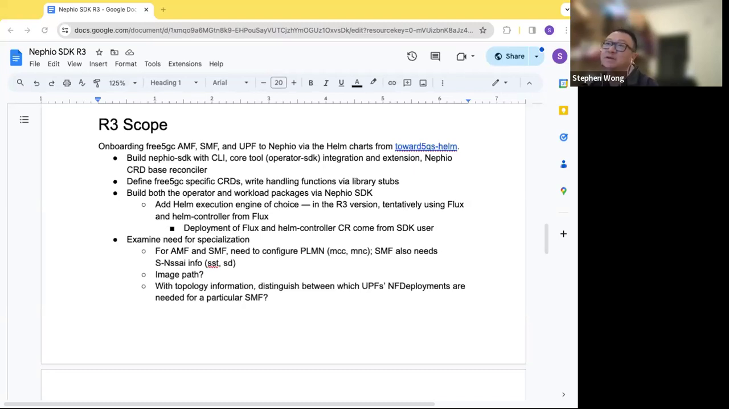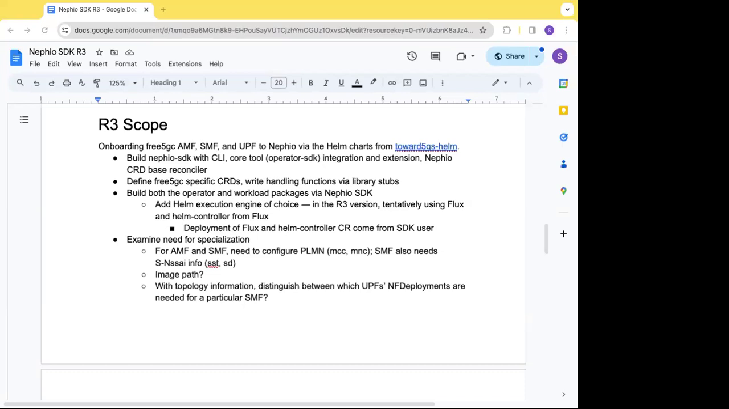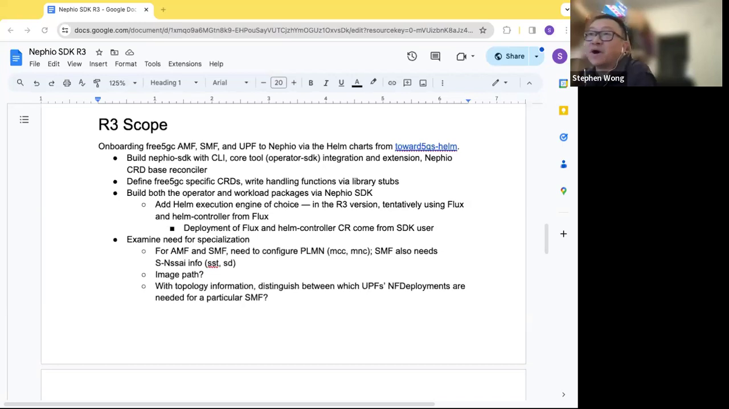I would guess that a more DevOps-friendly language would be something we want to support. So you put operator SDK in parentheses there. Maybe I would for R3